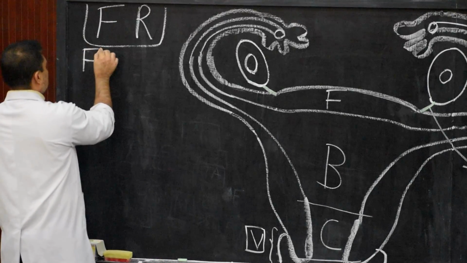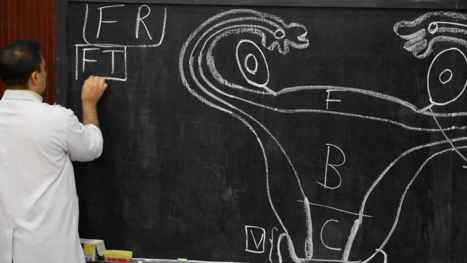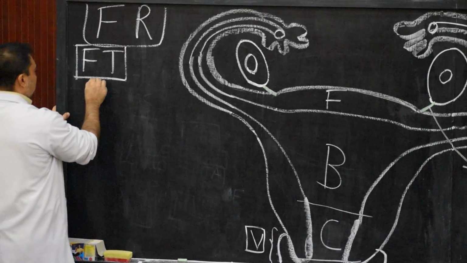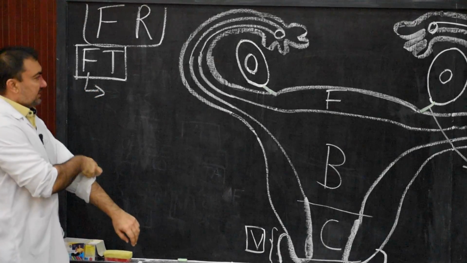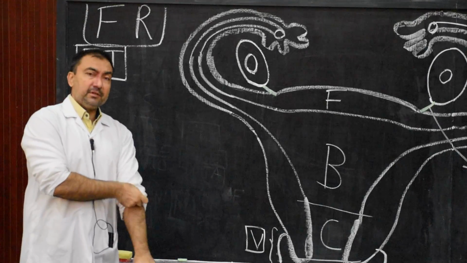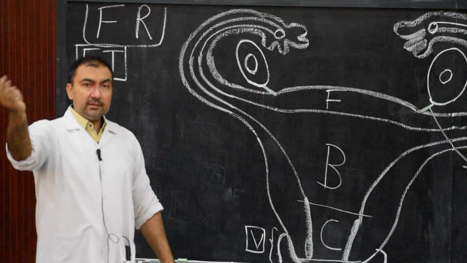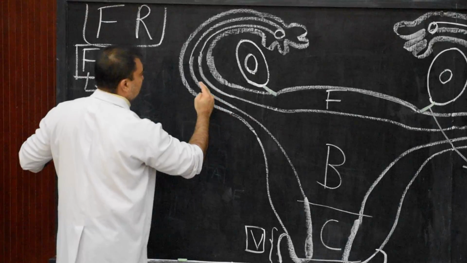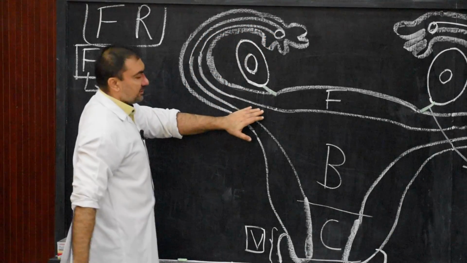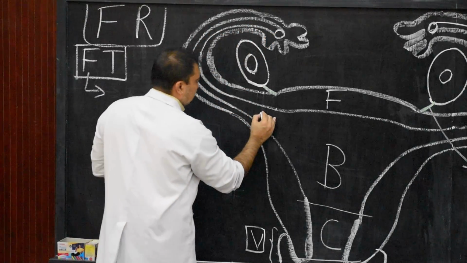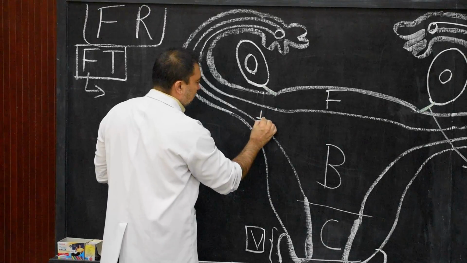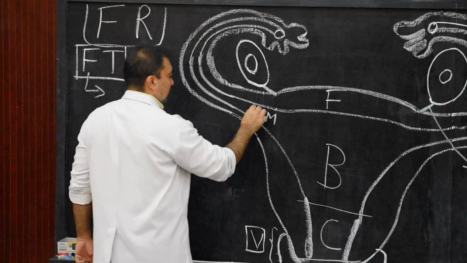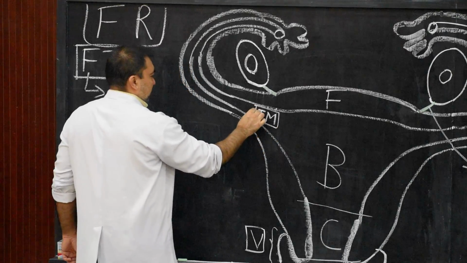So therefore the fallopian tube will be around 10 centimeter, and the various segments of the fallopian tube are very important. The entire fallopian tube, from medial to lateral side, we divide it into segments. If we focus here, this part will be in the wall, so it is called the intramural part, the intramural segment of the fallopian tube.